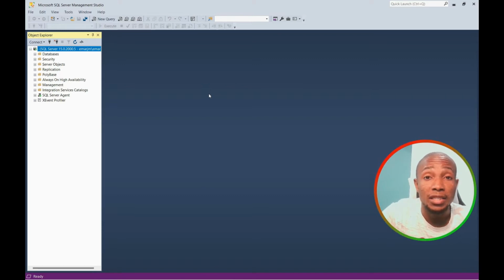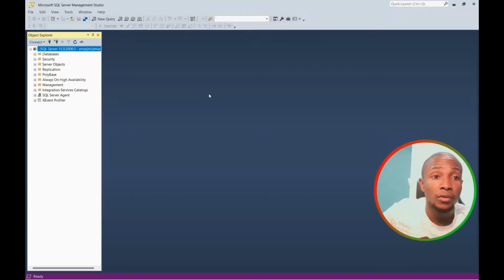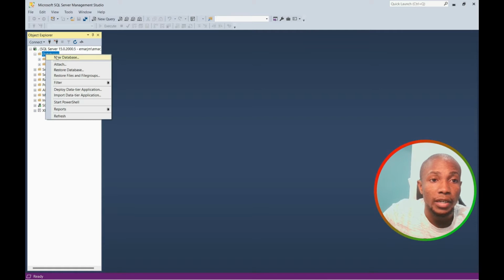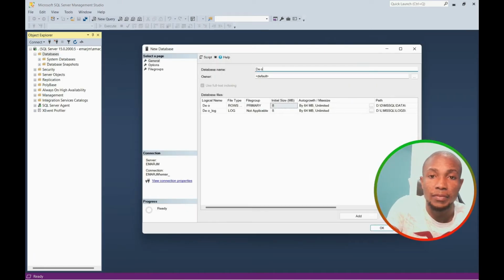As a database administrator, one of your core functions, as simple as it might sound, is to be able to create, restore, and back up a database, which I will be showing you right now. So expand the database section, select new database, specify the database name,